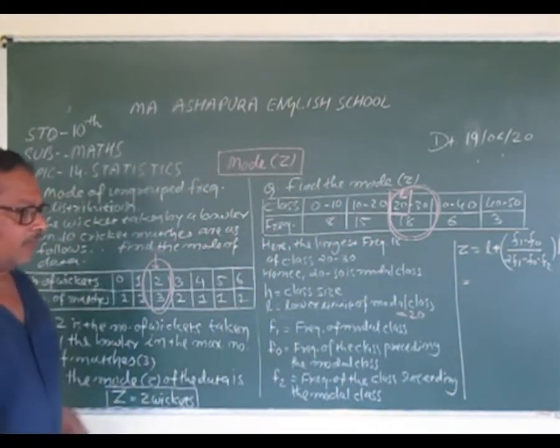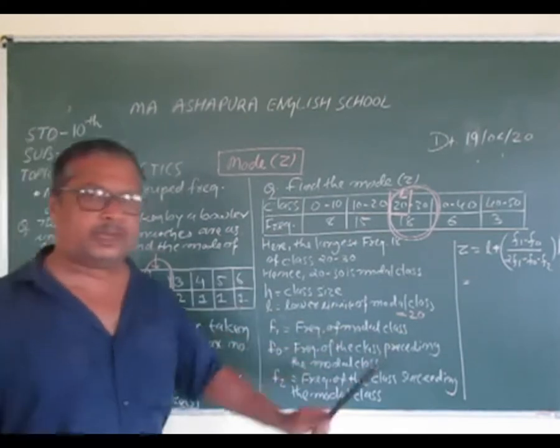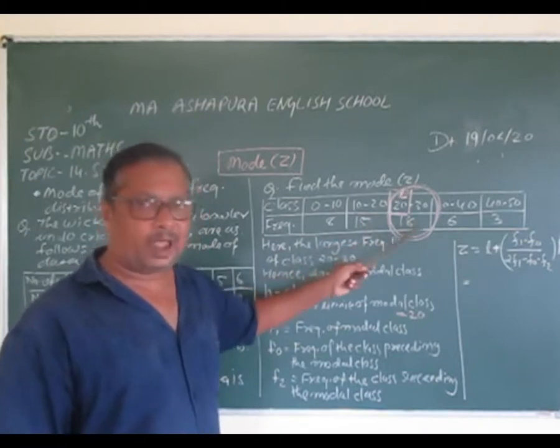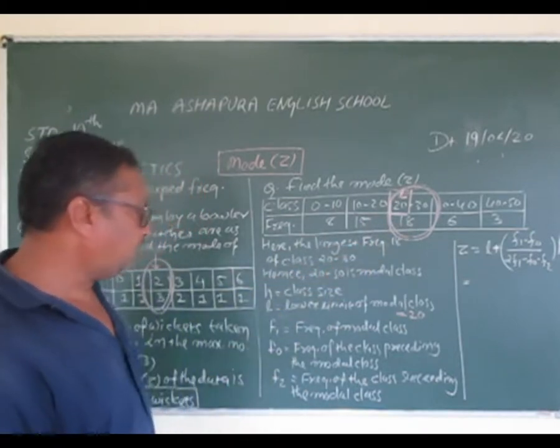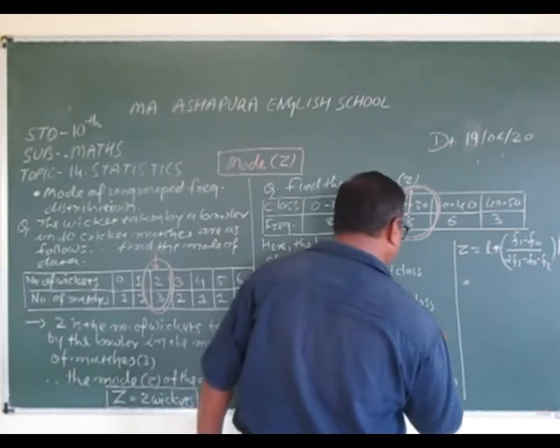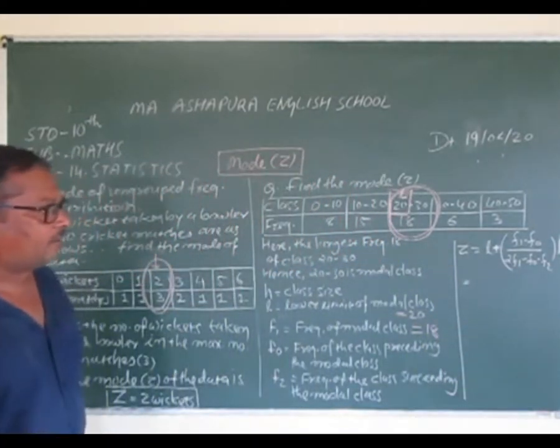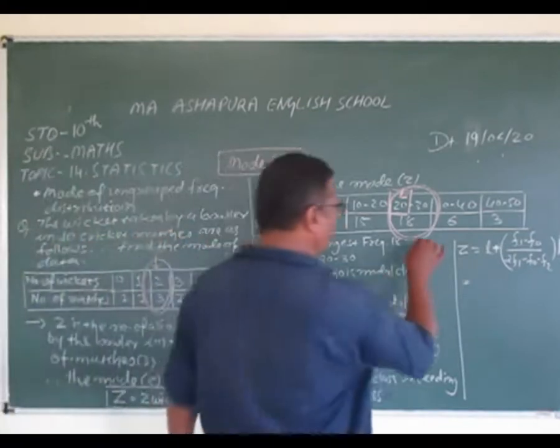Now the second one. F1 is called the frequency of the modal class. Here our modal class is 20 to 30 and the related frequency is 18. That means F1 is considered 18. Now F0 is called the